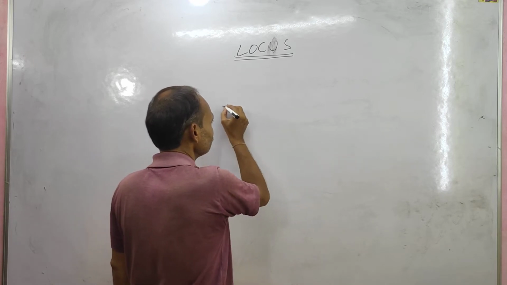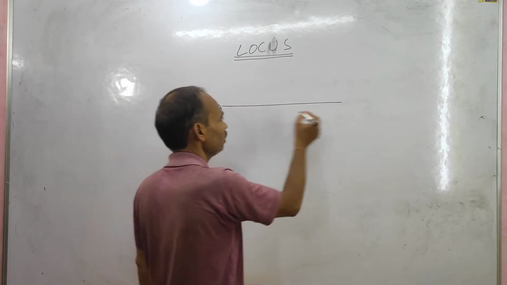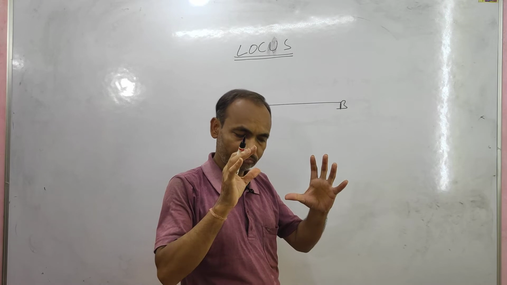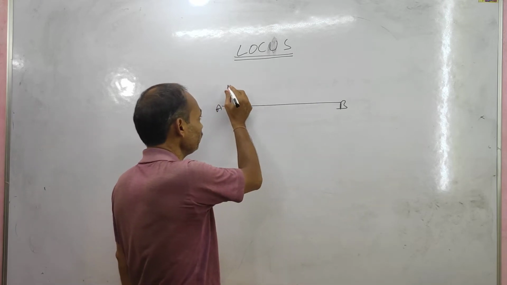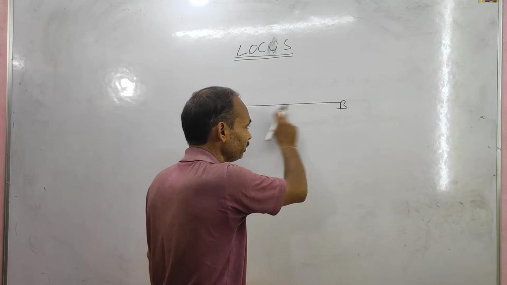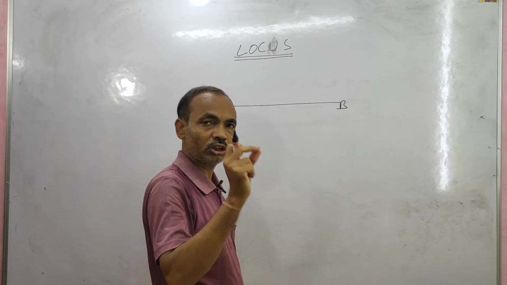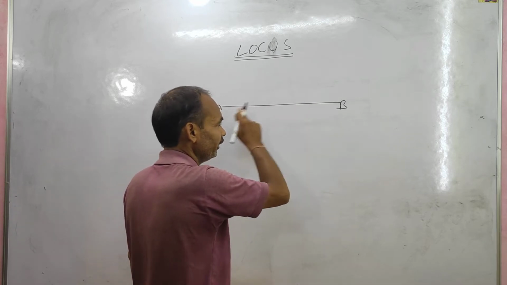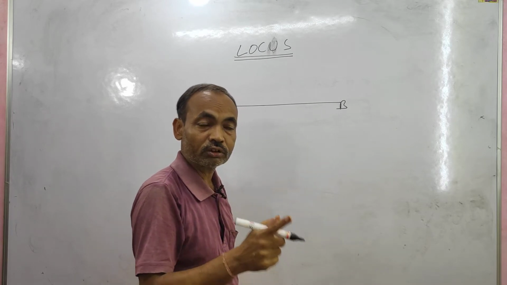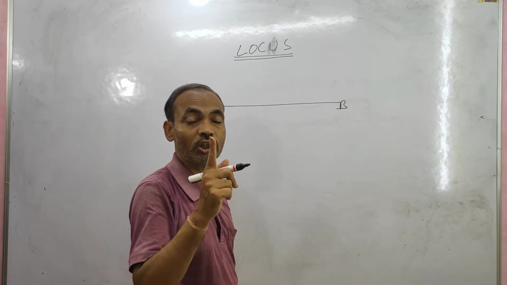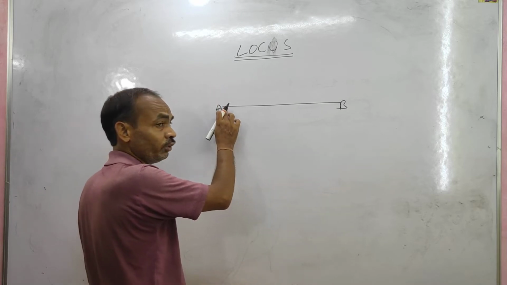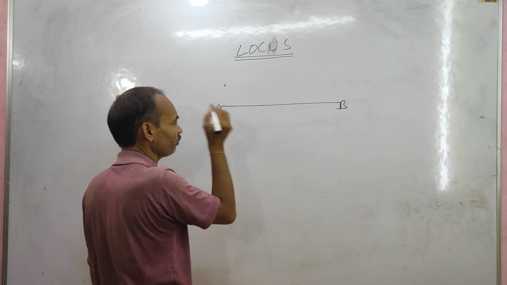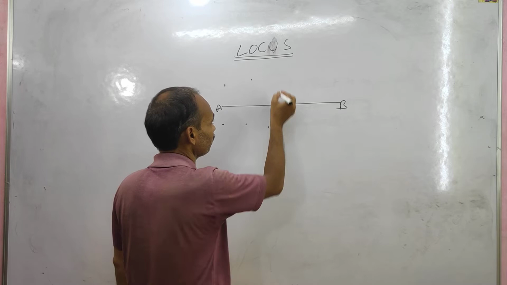Perhaps this is the line AB, and a point is moving under the condition that it stays 3 centimeter apart from the straight line. Then what is the locus of the path? If there is a line AB and a point is moving 3 centimeter apart, then what is the locus? You know, the point is moving under the condition of 3 centimeter. It means 3 centimeter this side or 3 centimeter this side.